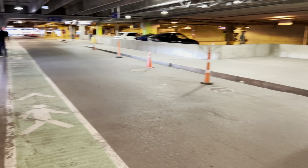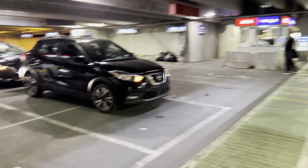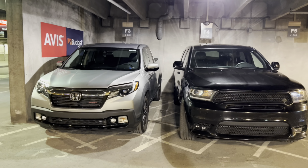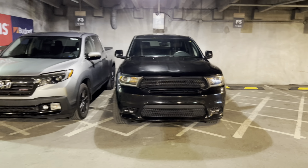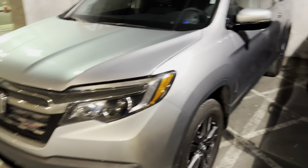Let me do a walk over to Budget. And so you can see kind of some of the returns here. And I haven't seen one of those Honda pickup trucks before, besides this Durango. It's kind of squeezed in here. I don't know really how much I can show you guys here, but let me just kind of see how far I can squeeze in. And see, yeah,